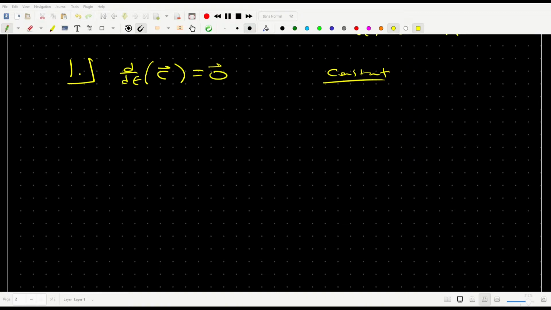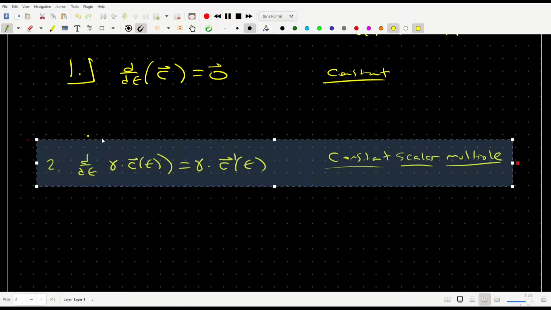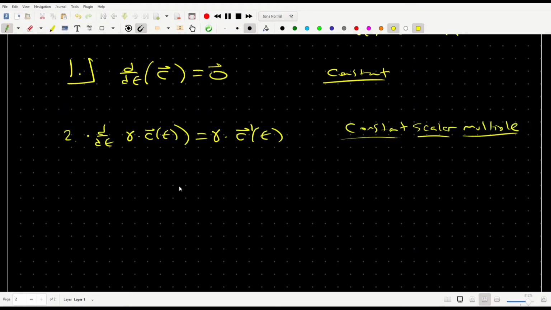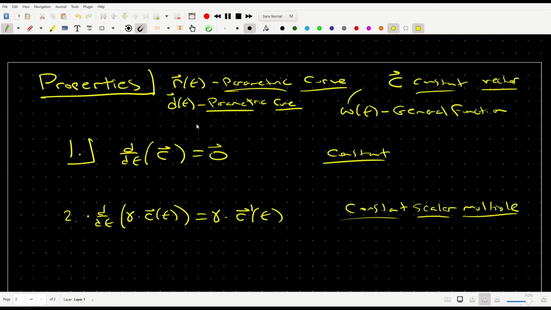The second one that we have is what's called the constant scalar multiple derivative rule, which is similar to what you might expect. If gamma is a constant,